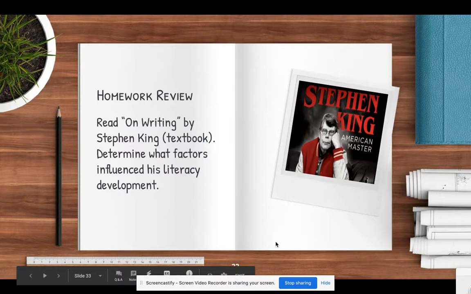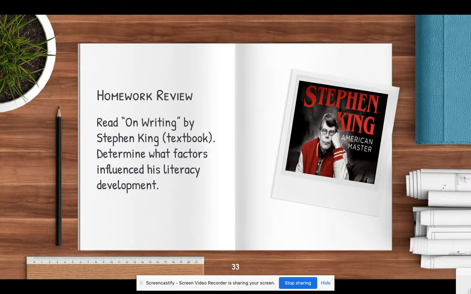So we went through Stephen King's work, and we will be talking about that together. But he shared information about what factors influenced his literacy development, and he included a very specific personal anecdote about a teacher who influenced that. I want that to be part of what you talk about because those personal, specific details add to the narrative